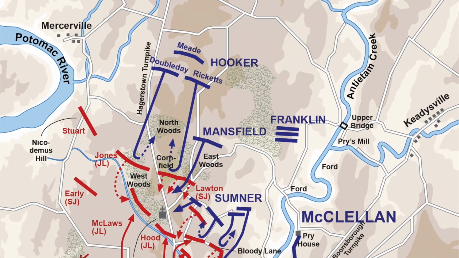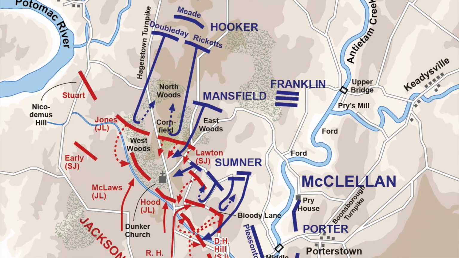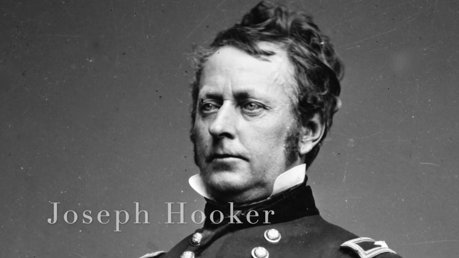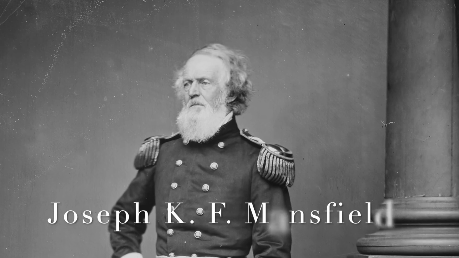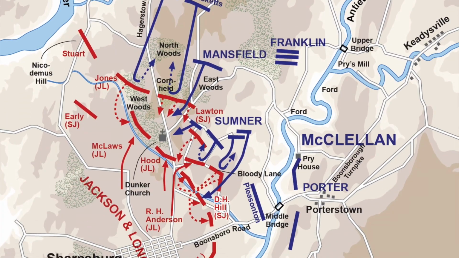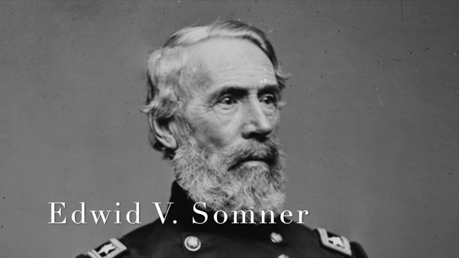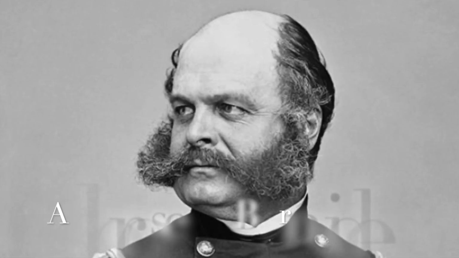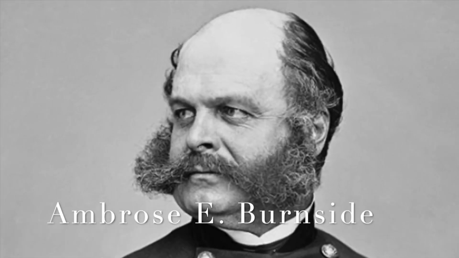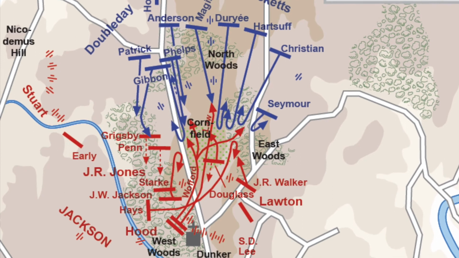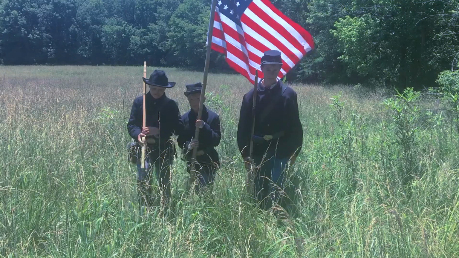McClellan's battle plan is in 3 stages. The first is an attack on the Confederates' left flank with 2 corps, General Hooker's 1st Corps and Mansfield's 12th Corps. The second stage is an attack on the rebels' center with General Sumner's 2nd Corps. The third and final attack had a diversionary role by the 9th Corps under General Burnside. This attack would be on the Confederates' right. Right before dawn, the attack begins.